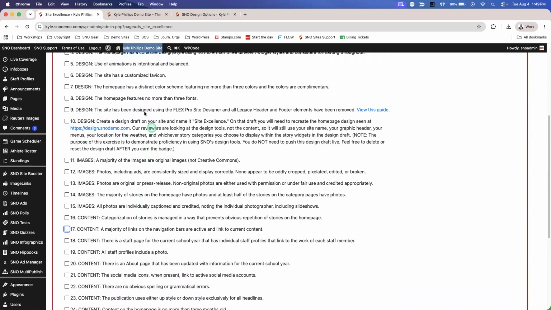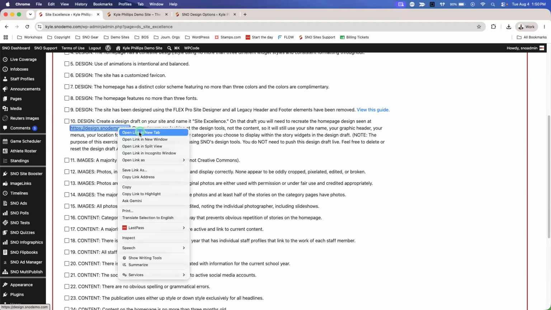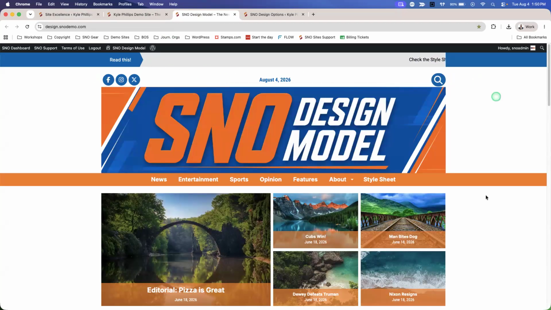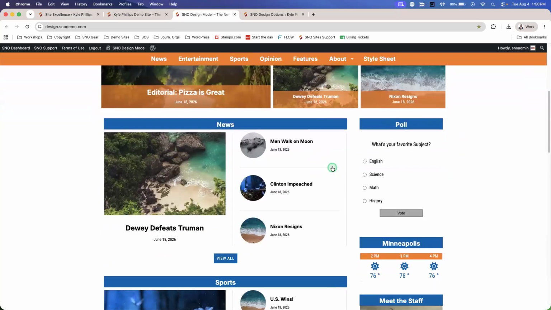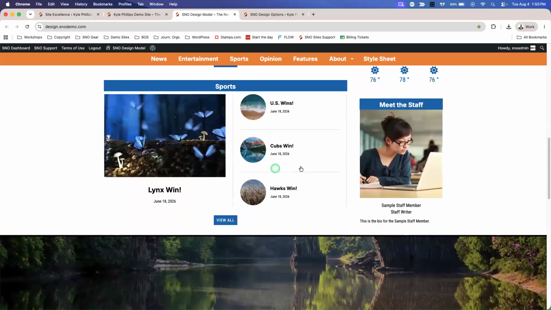The work that you will need to do to complete this badge is demonstrating that you understand how SNOW's design tools work. And to do that, we are going to ask you to create a design draft and name that draft Site Excellence. On that draft, you are going to open up this URL, design.snowdemo.com. And we're going to ask you to replicate this design. So if you know how to use SNOW's design tools and widgets, you should be able to make a similar